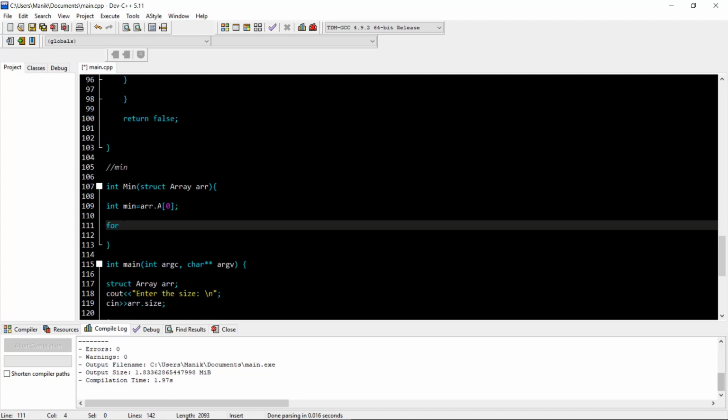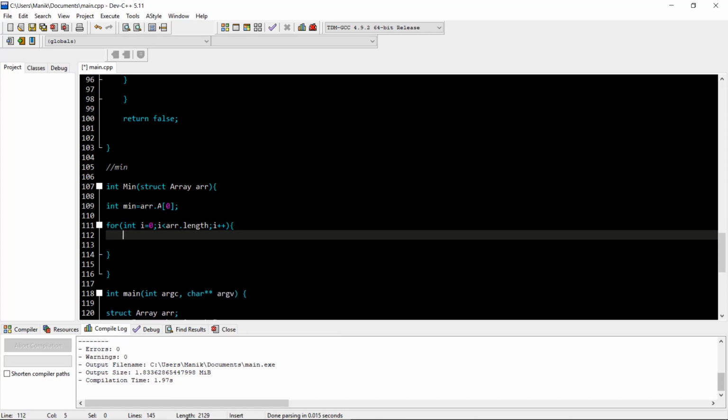Okay, so for int i equal to 0, i is smaller than arr dot length, i plus plus, so it will traverse.